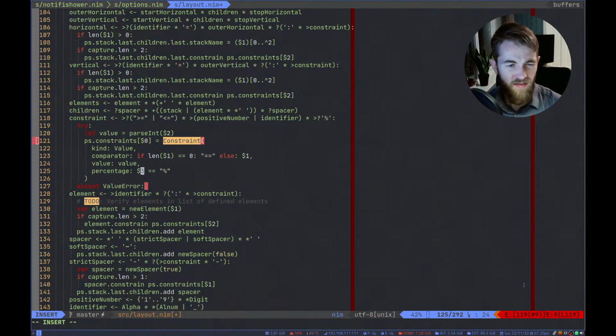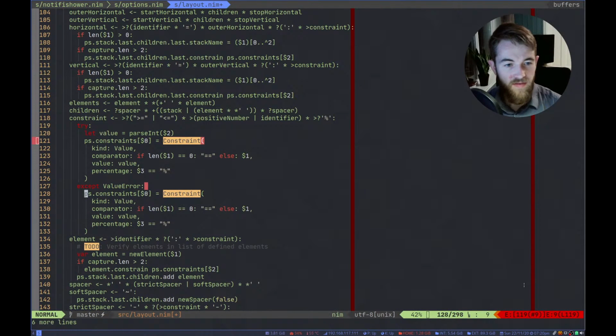What, did these not have commas on them? How does that work? If it's a value error, so if it's not able to parse, so this will throw the parse exception, then it drops down here, which means that it is relative and that element should be equal to $2, right?